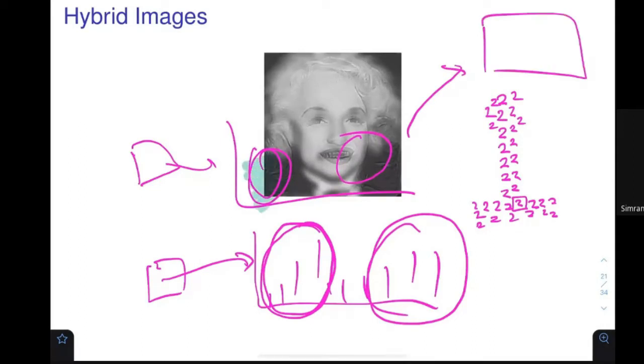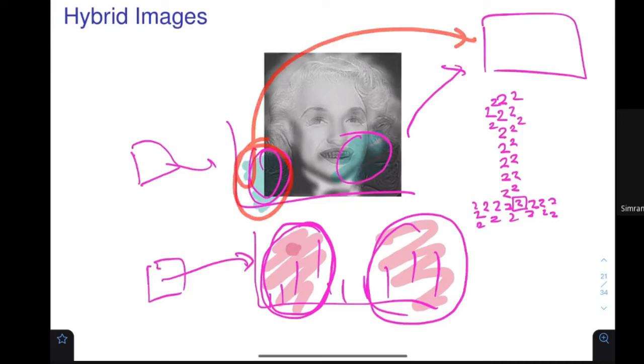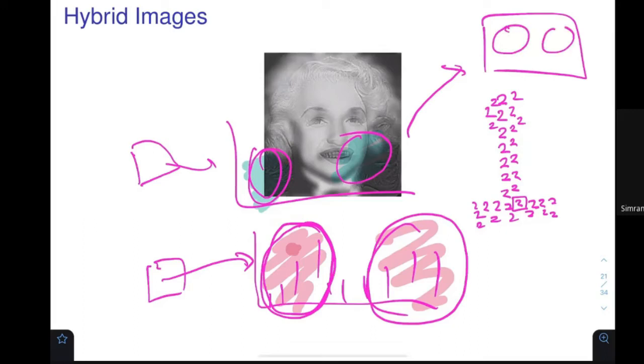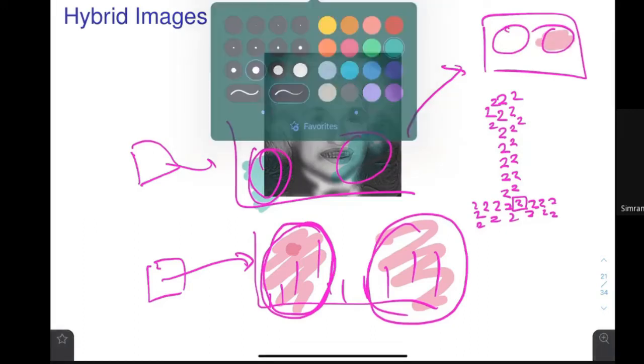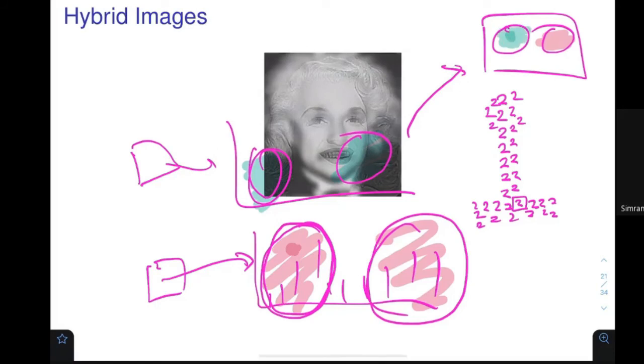This is one component, and in this image, these are the 2 parts. If I create another image having this particular thing, where this red portion is there, and also the green portion from the other image, what would happen? This image would have this kind of effect: if you are seeing it from very far, you are going to see a different image. If you see it from near, you are going to have a different effect.